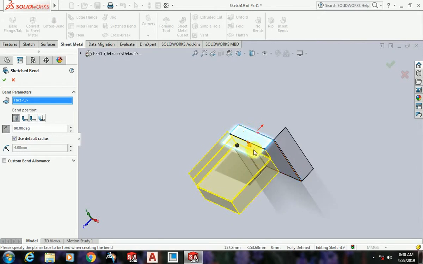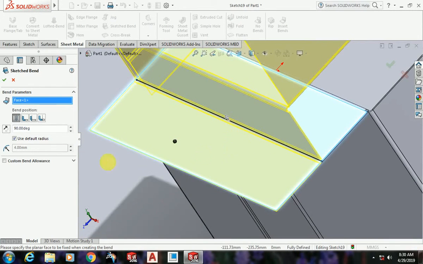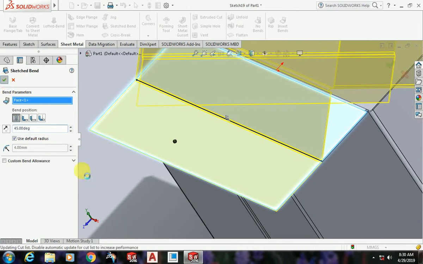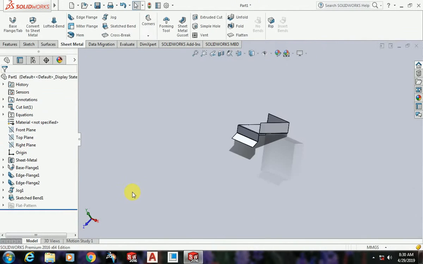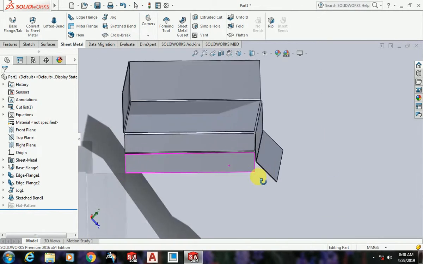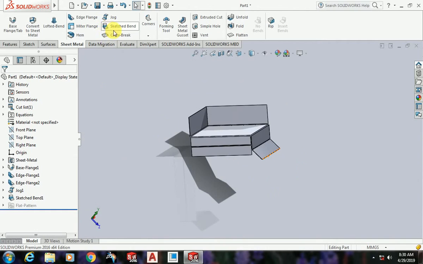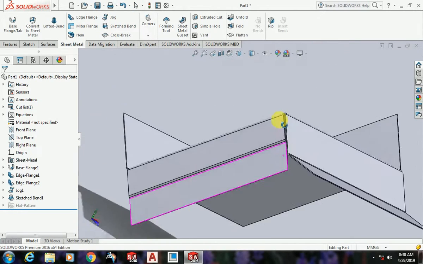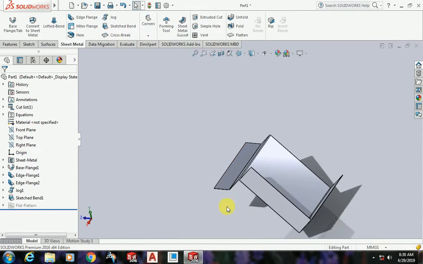You can change the direction of the cords and all these things. Just keep it at 45 degrees. Click OK. So we have a structure like this right now. So we have used sketch bend, jog, and now one more feature I want to show you, that is